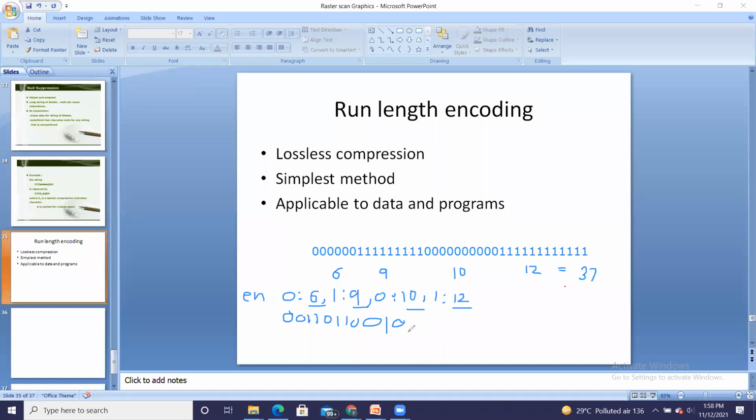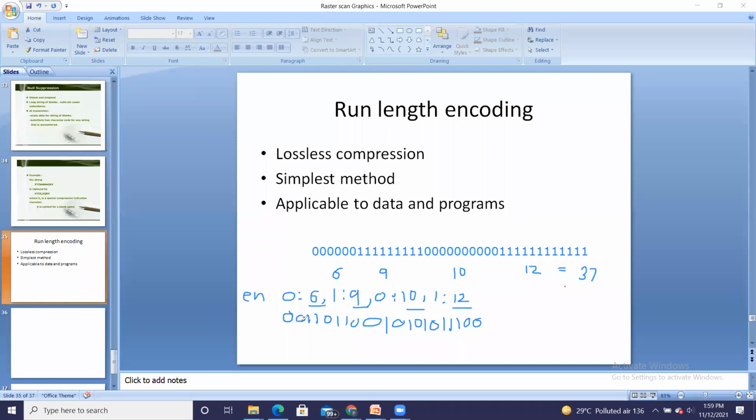So 10 in a 4-bit number is represented as 1010. And then the last, 1 is repeated 12 times. It is represented as 1100, so 8 plus 4, that is 12. This is how the encoded data is stored in the computer.